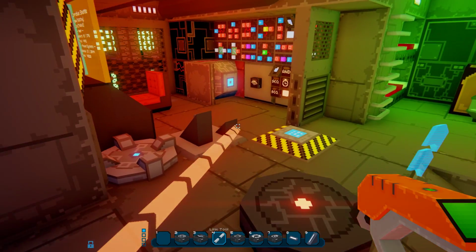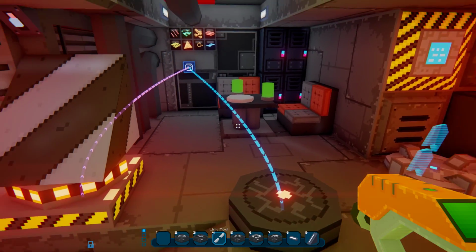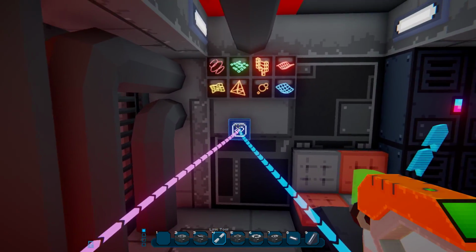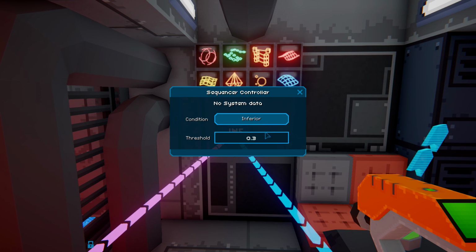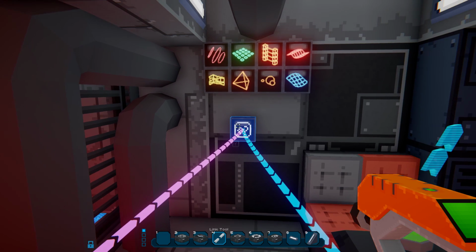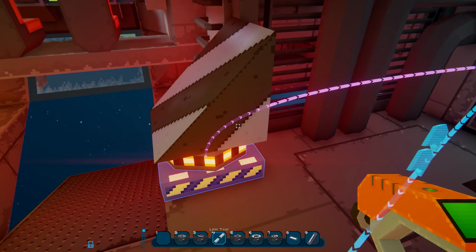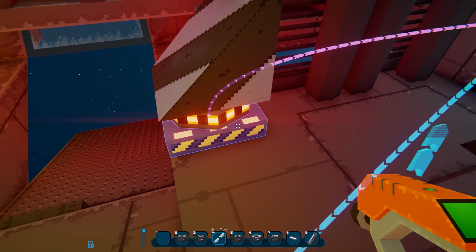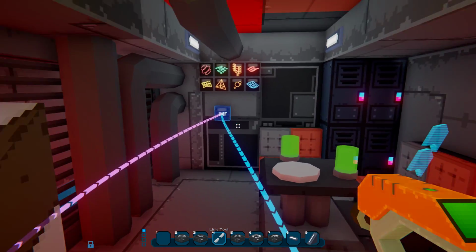Then, for example, we are gonna activate that holo display, and now if you configure, you can input a threshold value and a condition, so superior or inferior, so that that brick will activate when this system is below or above a given threshold.